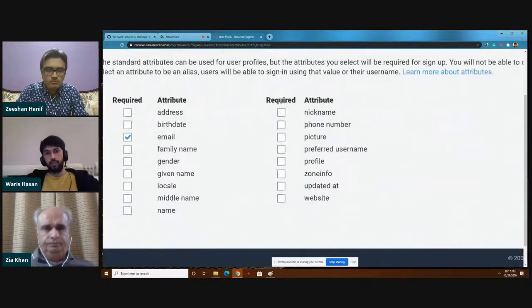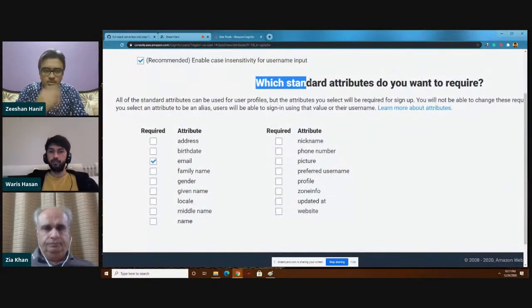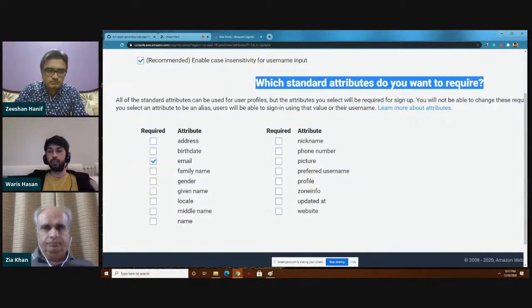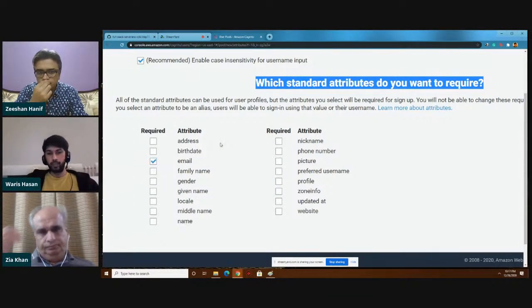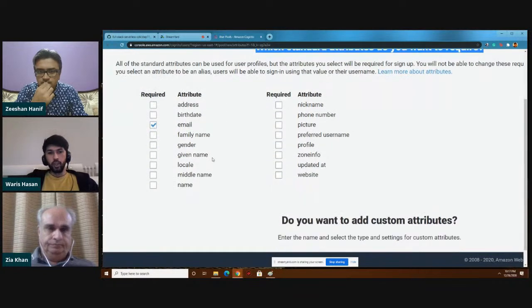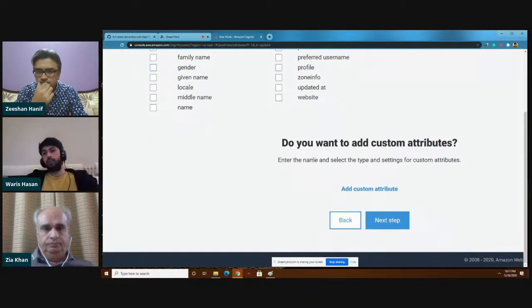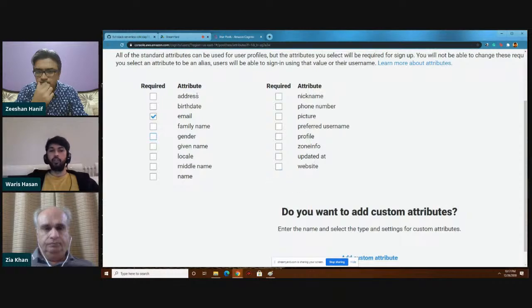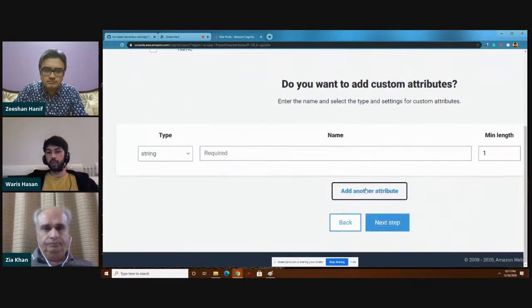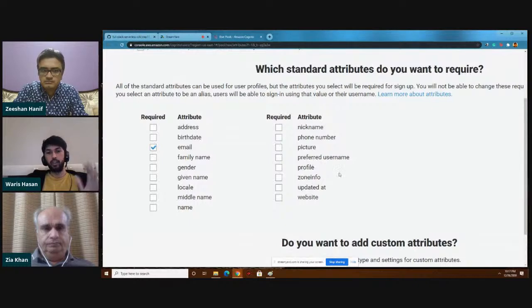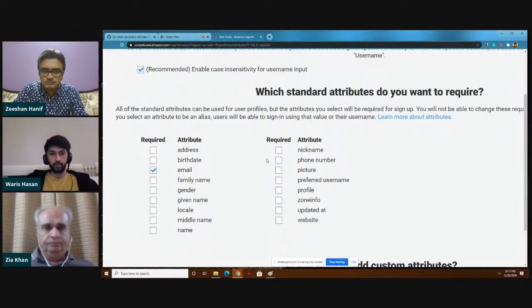Then you can see this is a very important one. These are the attributes that you set for when the user signs up, that is, what parameters you expect the user to enter. So if I enter email, the user would have to enter the email, otherwise we would not allow him to sign up. So these are the standard parameters, and if you select them once, they cannot be changed. And you also have some custom attributes, like if you want to add an attribute that you cannot find over here, you can put it in your custom attributes. Okay, so let me repeat it again. All these attributes are those that the user has to enter at the time of sign up. Okay,